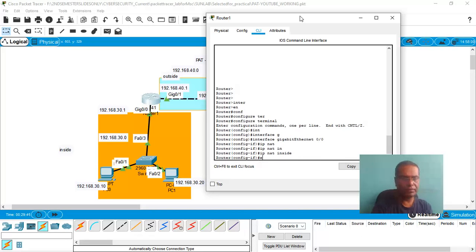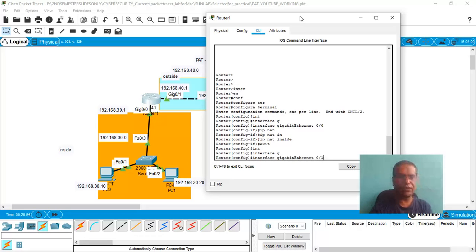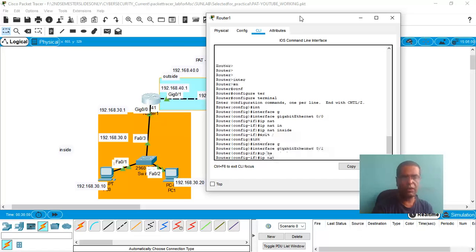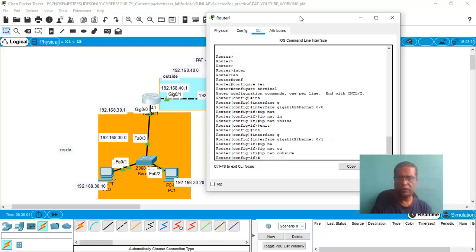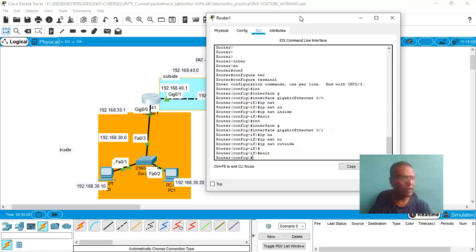Then I have to call again the interface gigabit 0/1, the outside interface. Then I will say IP NAT outside. So this is done. Now let us create the access group.